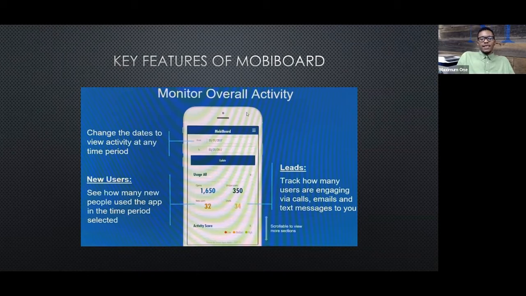It shows you all the leads. It shows you activity scores, and if you swipe up on that, it'll show you the activity scores of all your clients within that date range. It sorts them into three specific categories. Number one is highly engaged, number two is moderately engaged, and number three is low engagement. Now, with number three, it's going to show up in red as low engagement. Keep in mind that in that specific time period, because generally you're going to do it for like 6 months or so, in that time period,